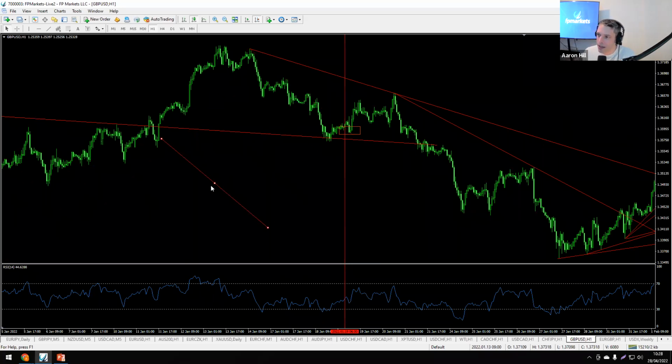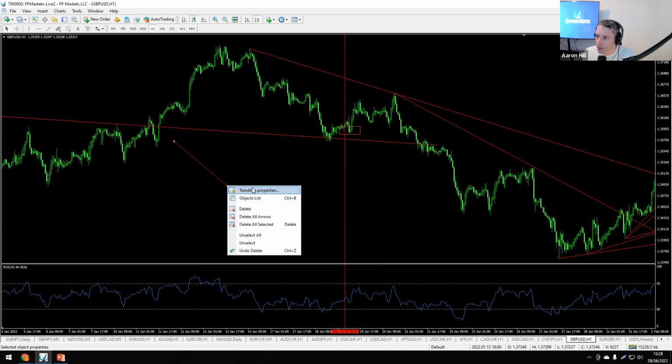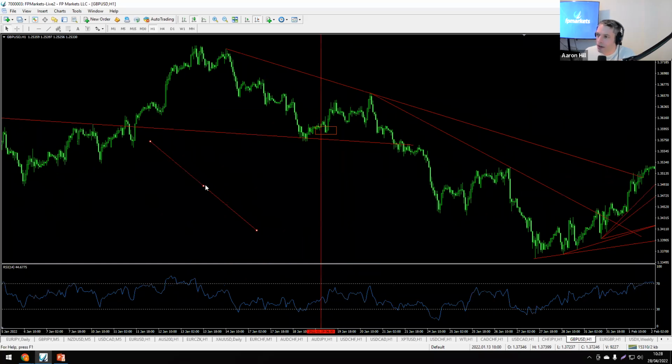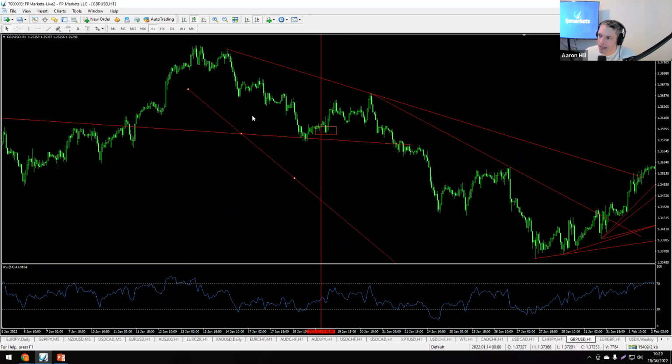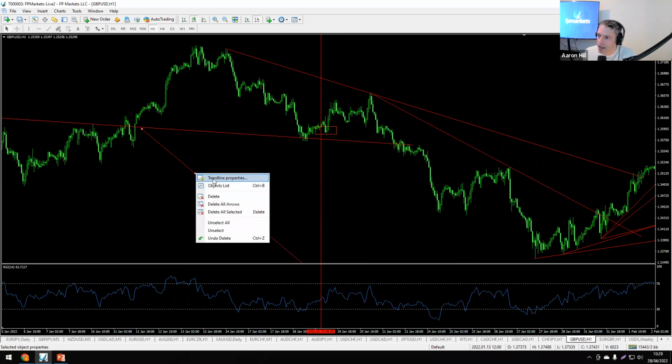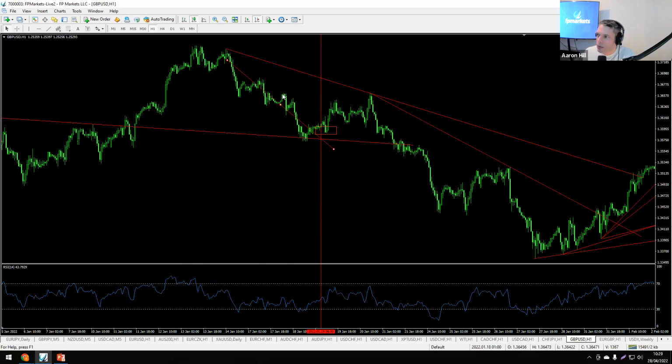Now, the first point I really wanted to get across is, I think, the default for the trendline properties. Right-click the trend line and go to trendline properties. Now, you have common, but head over to the parameters, and if you have the ray checked, what it does is it extends it. Now, this can be annoying for some of us. If you don't want this, quite simply right-click, trendline properties and uncheck ray, and that will give you the flexibility to apply your trend lines as you